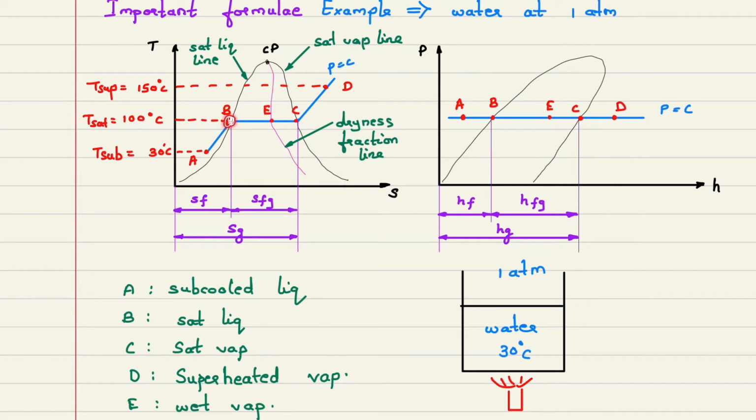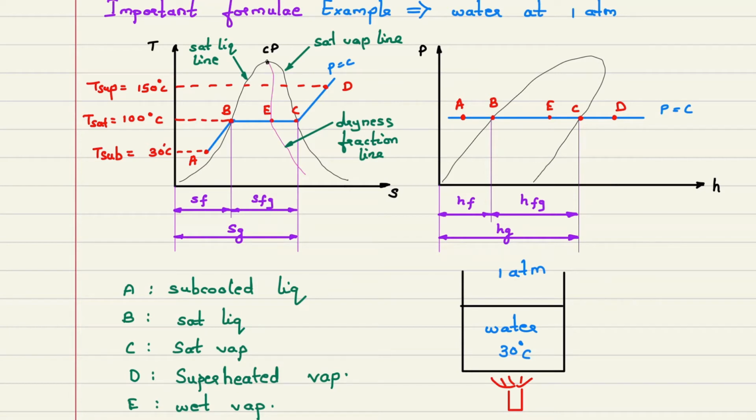Now when you turn on the burner, water temperature will increase and it will reach point B. What is this point B? It is saturation condition and it will still be water. So that water is known as saturated water, and at 1 atmosphere its temperature will be 100 degrees Celsius. Then if you add latent heat, that water will convert into saturated vapor. So at 1 atmosphere, what will be the temperature of that saturated vapor? That steam temperature will be 100 degrees Celsius. Now again, if you add heat, what will happen? Point D, you can see the steam temperature will rise. It will become 150 degrees Celsius, for example. That is called superheated steam.